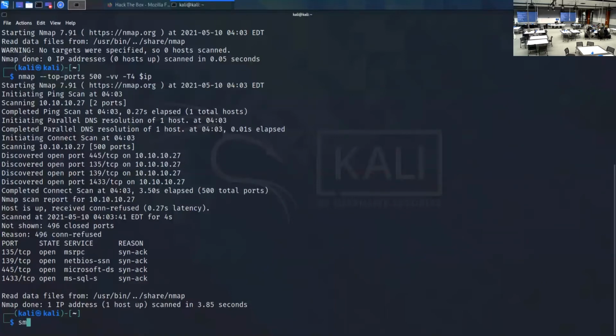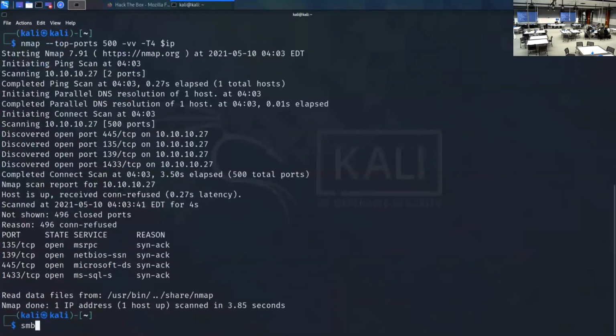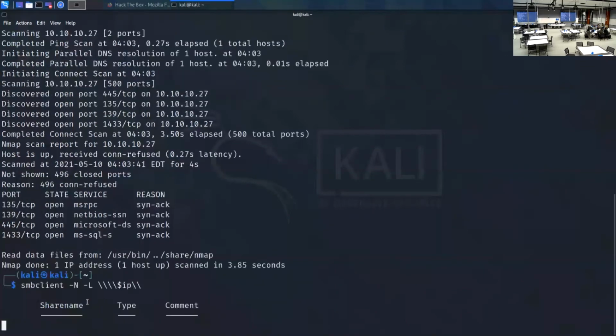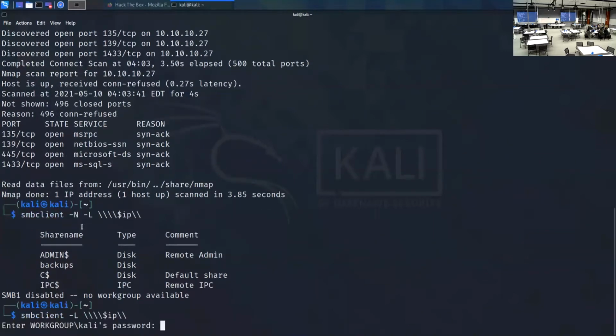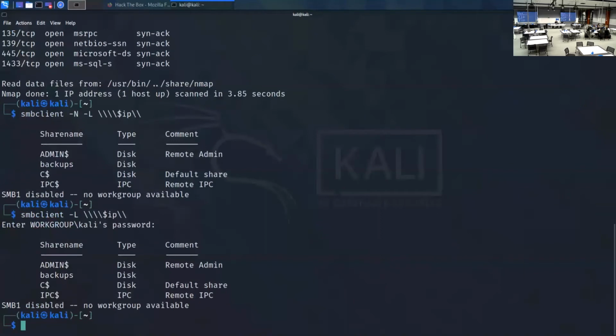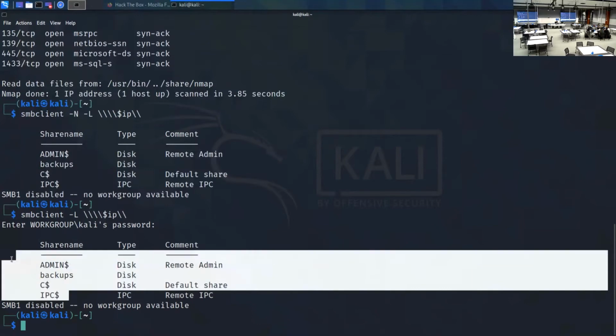So I'm just going to run, can everyone see that all right? smbclient -N -L, and then // and then the IP. That should give us some information. Now the -N specifies no password, so I'm assuming that they've forgotten to put a password on it. If you were to do it without the -N, I believe it will ask you for the workgroup's password. But if you just press enter without entering a password, you can still get in, because that is the first vulnerability here: they've forgotten to set a password, which means we can access these different share names,